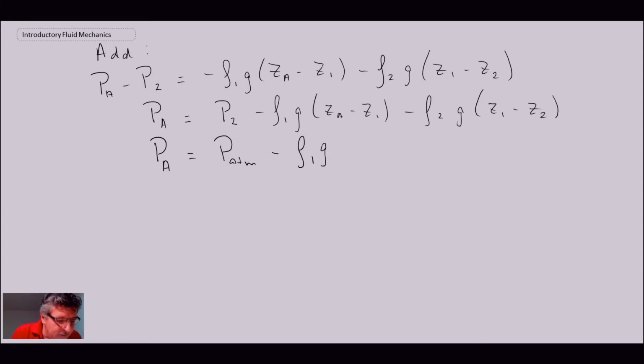minus the density of fluid 1 times the difference from ZA to Z1, the first interface between the red and the blue liquid, and then minus rho 2 G, and then Z1 minus Z2. So those are the other, the last interface we had with the air. So what this tells us is that in order to measure the pressure at A,